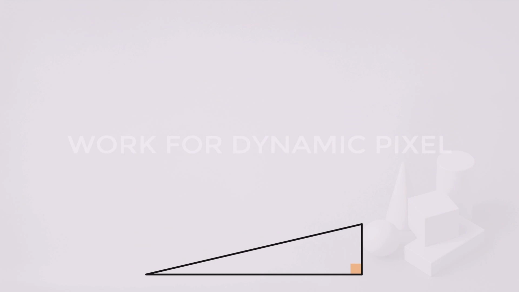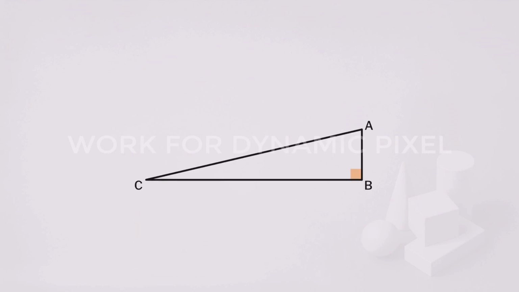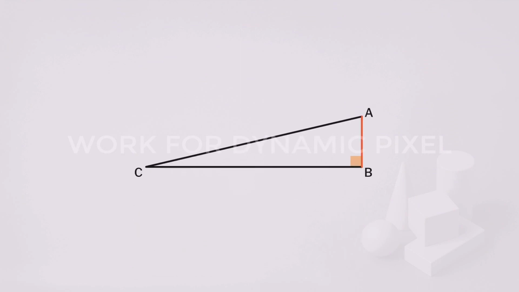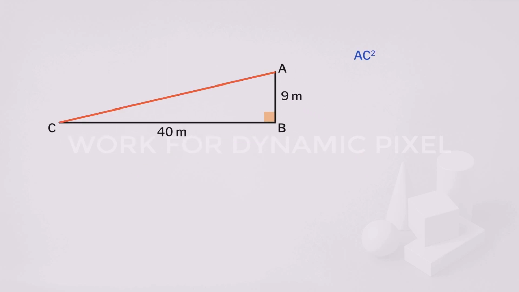Let's name this triangle ABC. Here, AD is the broken part, which touches the ground at C. The remaining part, which is AB, equals 9 meters. And the distance of the tree top lying on the ground, that is BC, equals 40 meters. By using the Pythagoras property, we can write AC square equals AB square plus BC square, or AC square equals 9 square plus 40 square, or AC square equals 81 plus 1600, which equals